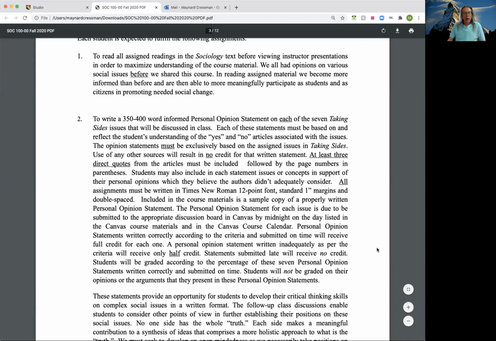Now, the way these books are set up, and there are about, I don't know, 15, 20 of these Taking Sides books, and there are all kinds of them. There's one on moral issues, and another one on peace positions, and there's another one on family. So it's a gold mine for the editors, and it's pretty smart what they did. So let's take the first issue. Does immigration benefit the economy?